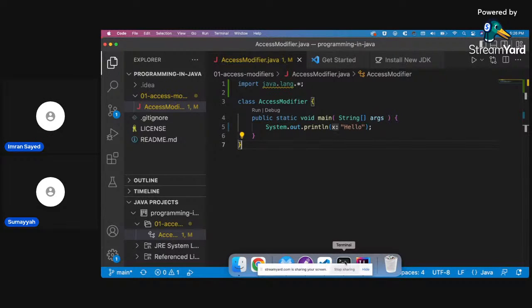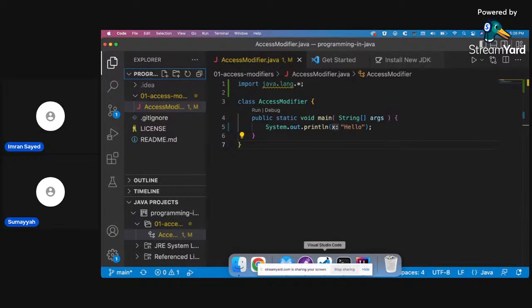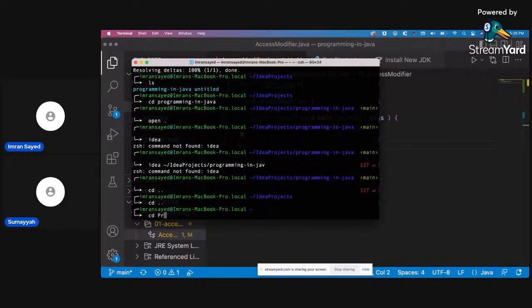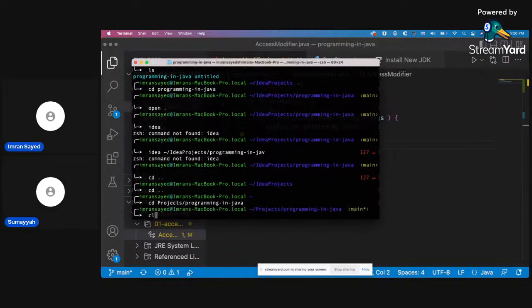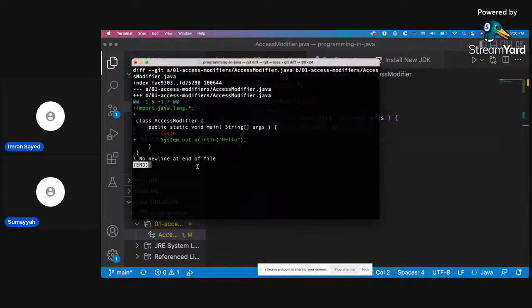So, we were where? I hope we are in the right file. We were in the projects, right? You can always do git diff and see what changes you made.